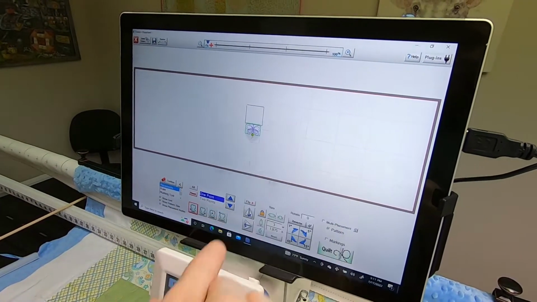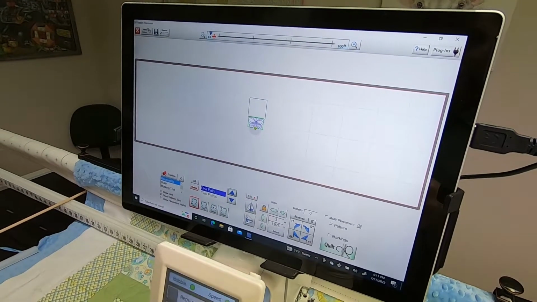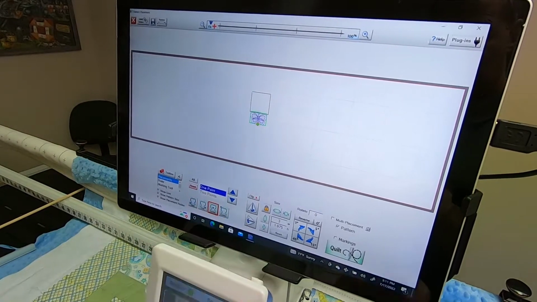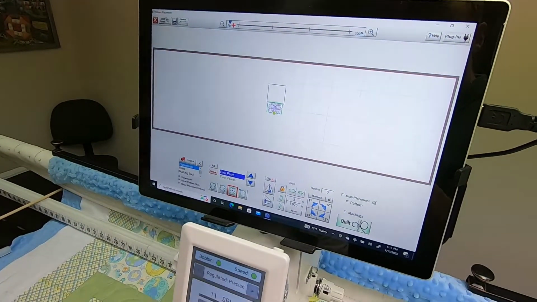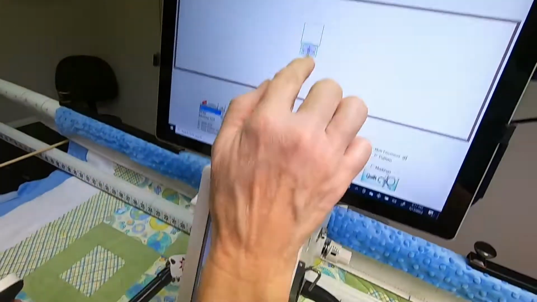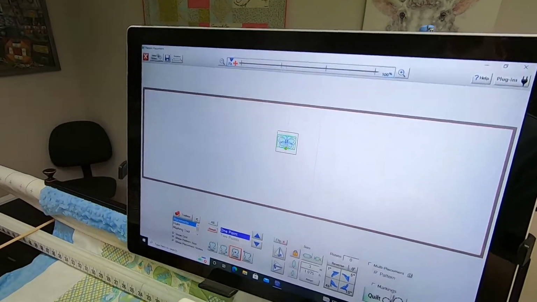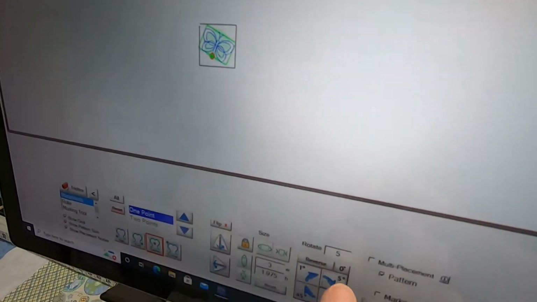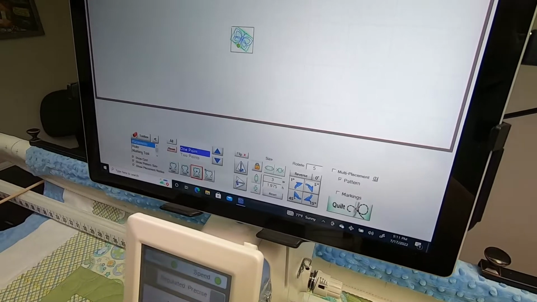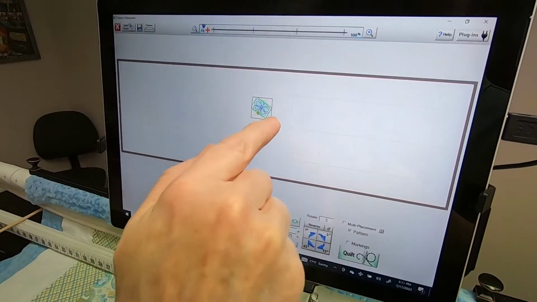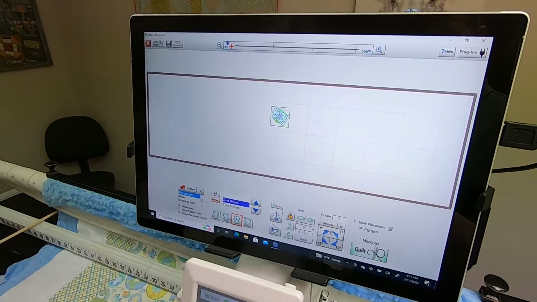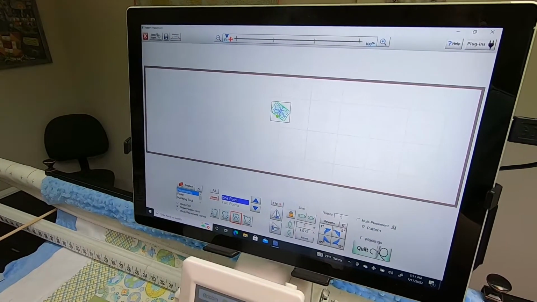So let me just go ahead and say 3. So now 3. And let's see, you know what? I'm going to say center placement. So I'm going to move my needle to roughly the center and tap on that gray node. And I could rotate it a little bit and make it fit a little different, or however I wanted to. So that's what lets me know how that butterfly is going to fit and look,